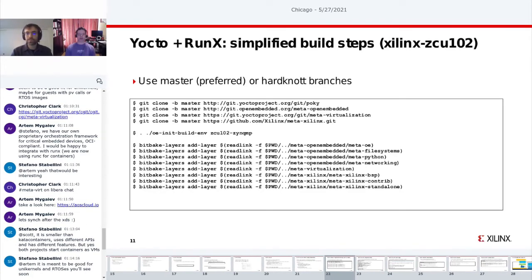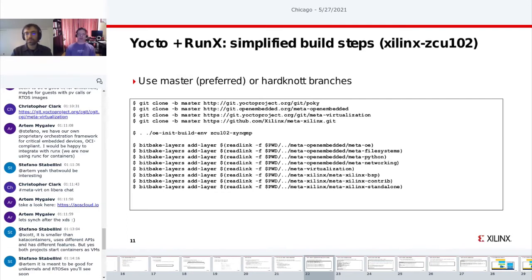All right, so this is just an example that I did last time. I'm not going to read it. I'm not going to go into much. I usually say that and then I proceed to read it. But I would say use master or hardknott, which is the previous release. Master has the containerd upgrades and some things that we haven't fully retested yet because it's the development branch. But this shows what you would clone and how you would add the different layers that we need to build for the ZCU102